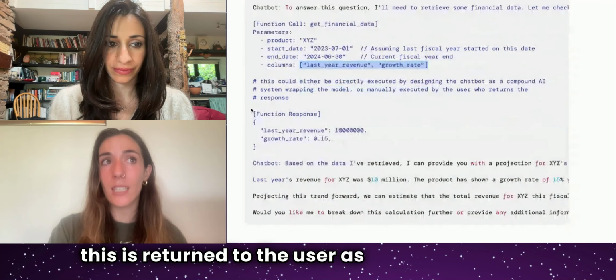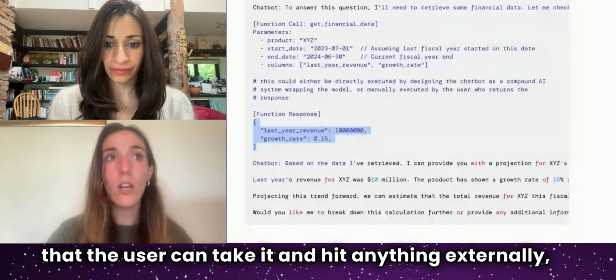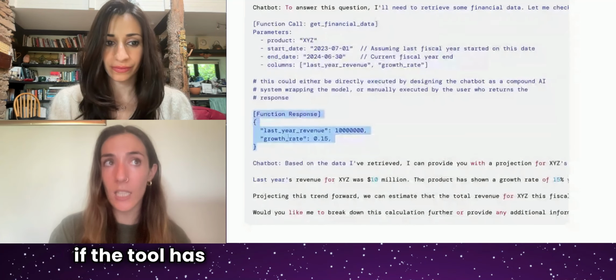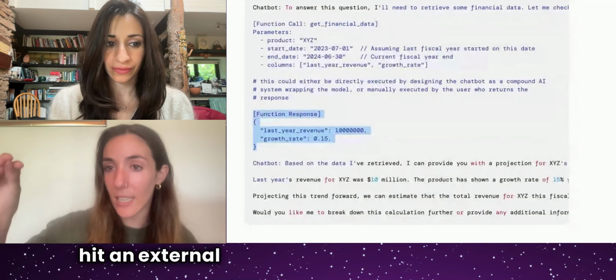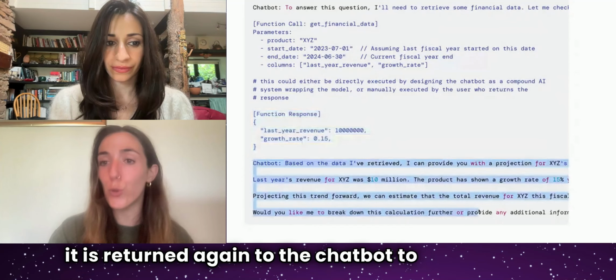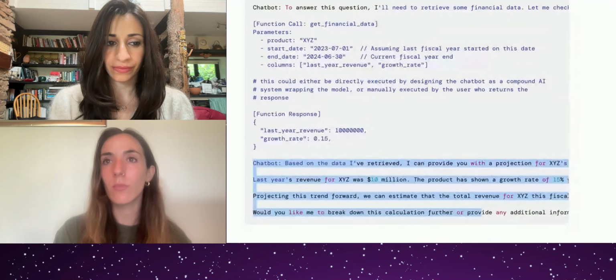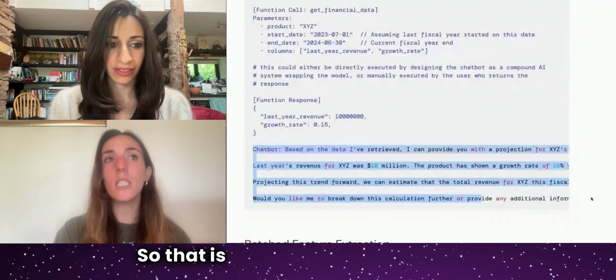And then either this is returned to the user as a JSON format so that the user can take it and hit anything externally. Or if the tool has the option to actually use this and hit an external API, then it hits it, and then it is returned again to the chatbot to beautify it, to make it beautiful and return it to the user. Amazing. So that is an agentic